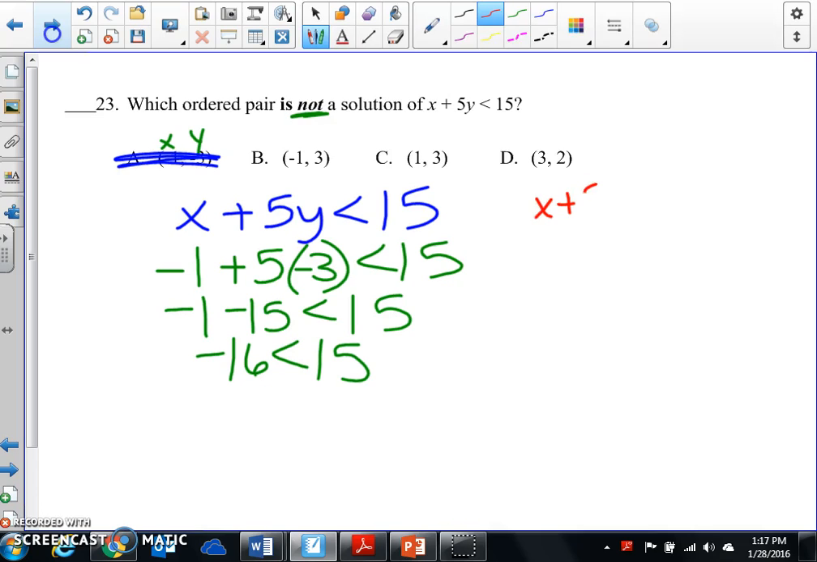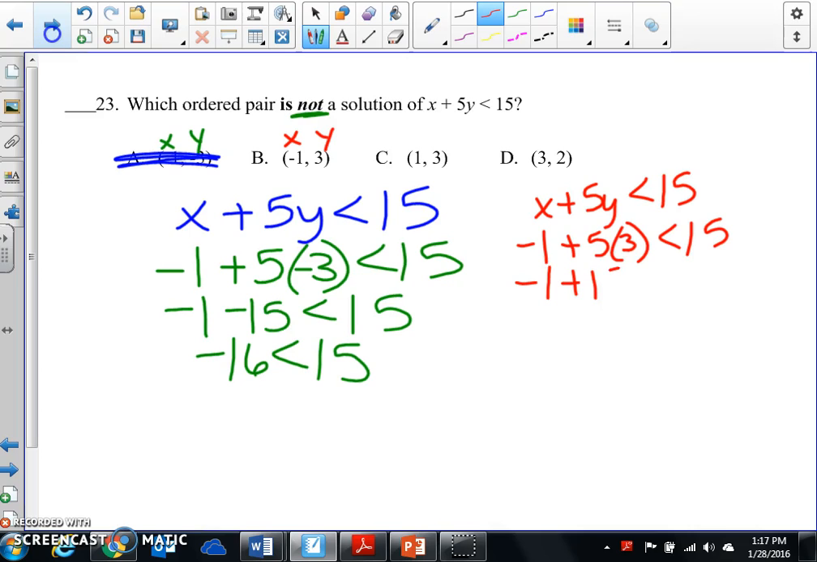So x plus 5y is less than 15. This is my x. This is my y. So I plug in -1 plus 5 times 3. 5 times 3 is 15. -1 plus 15 is 14. And sure enough, the alligator's eating the bigger number. So that's not it, because that